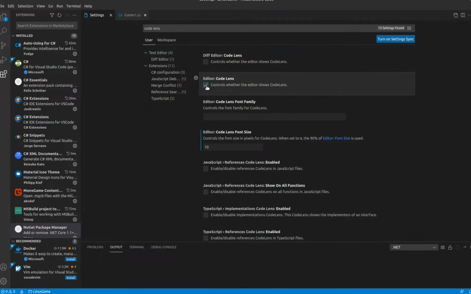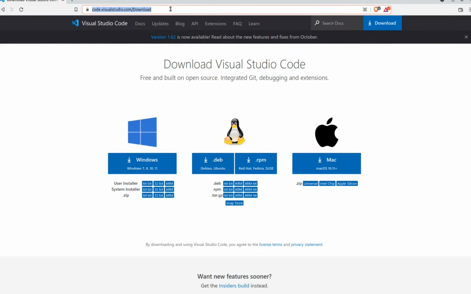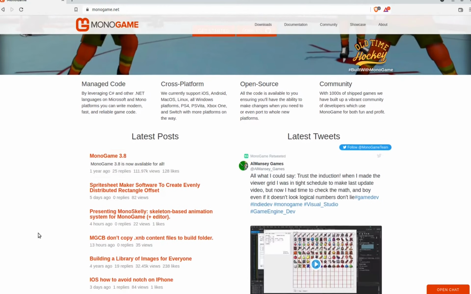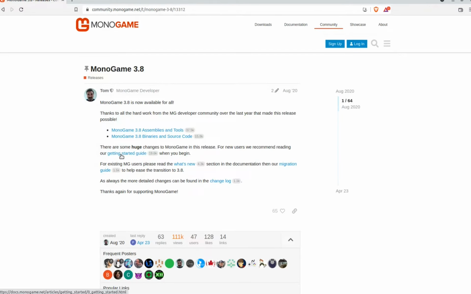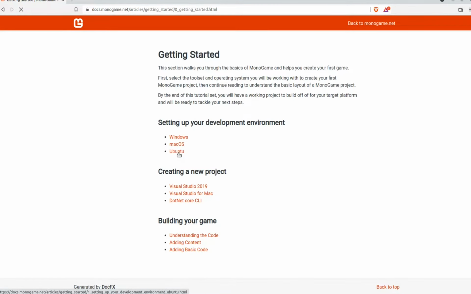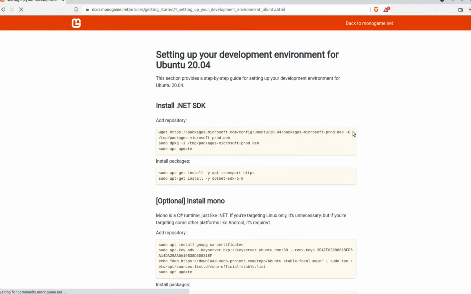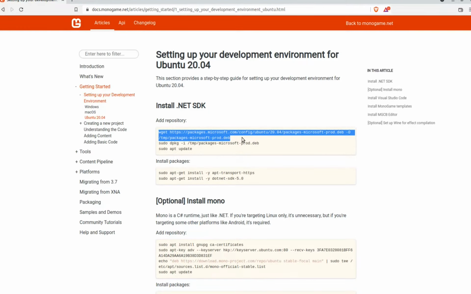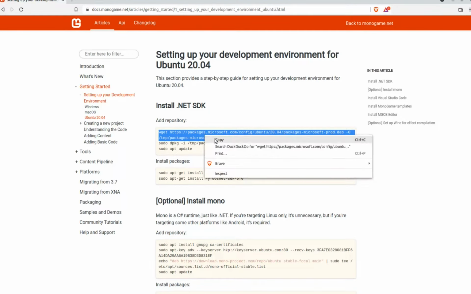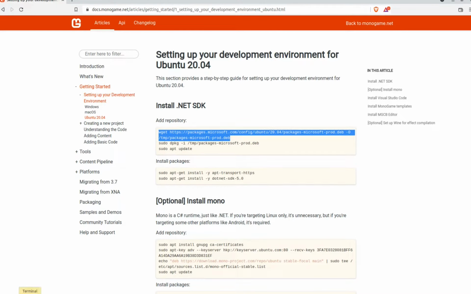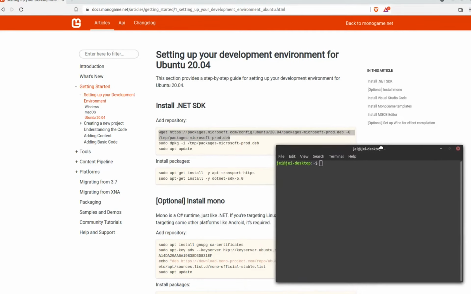So for setting up Monogame, we'll just type in monogame.net, and at this time Monogame 3.8 is out. So we'll go to Monogame 3.8, and you can click on the Getting Started guide. We're under Ubuntu right now. So what you'll want to do first, if you haven't already done it, is follow these instructions for setting up the .NET SDK. You can copy that sort of thing, open up your terminal,